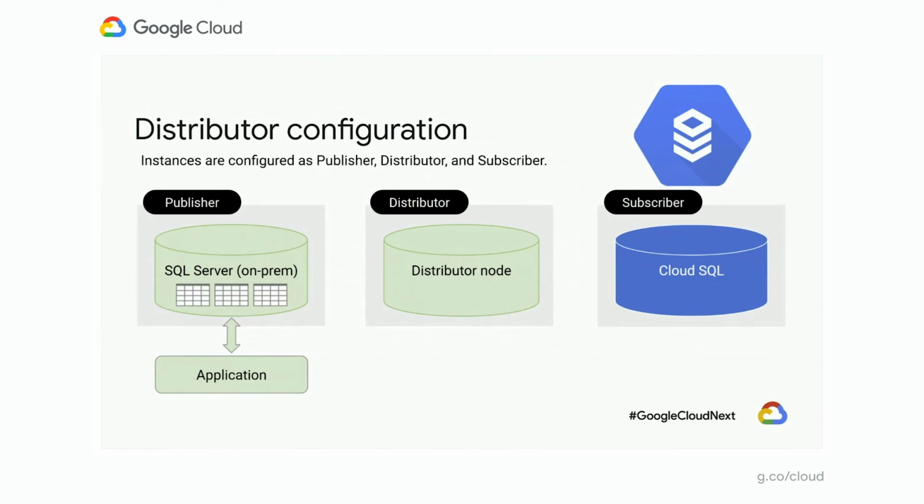So you set up the distributor node to coordinate the transactions moving data from the publisher to the subscriber. In our example, we'll use the publisher instance as the distributor node as well, but in a production scenario, we'd recommend that be a dedicated GCE instance in the middle. And once you kick